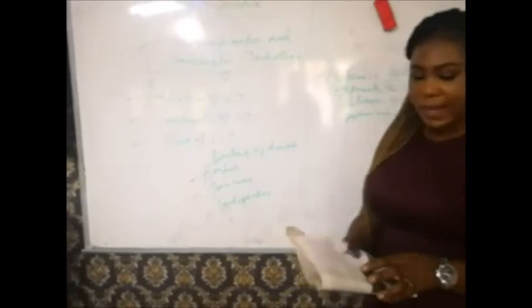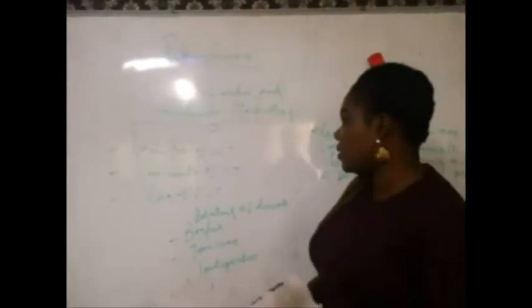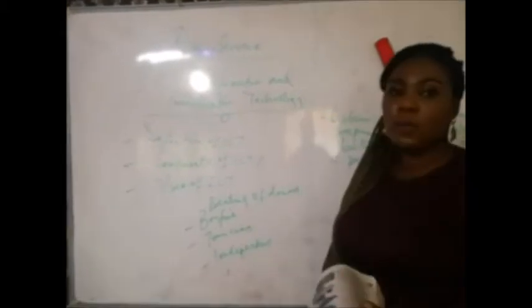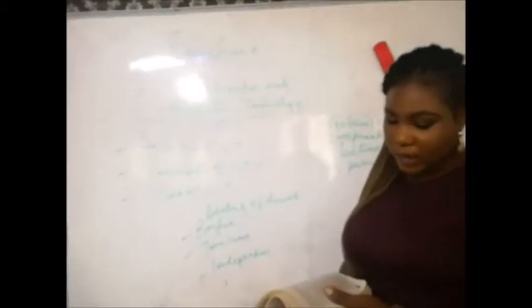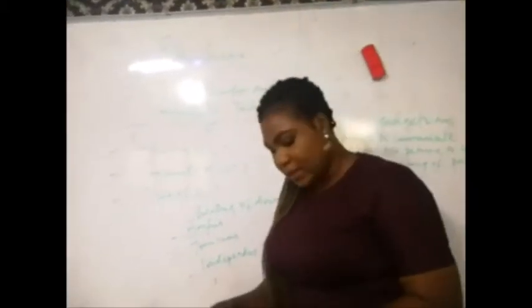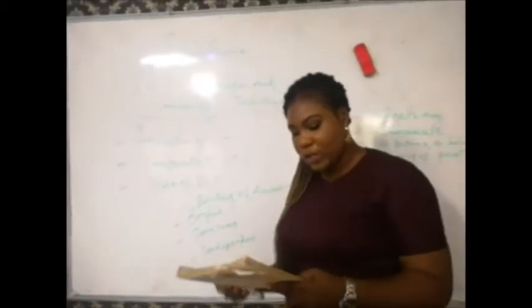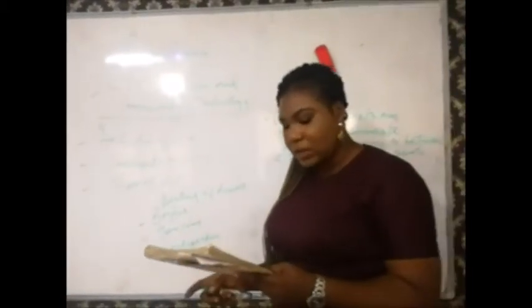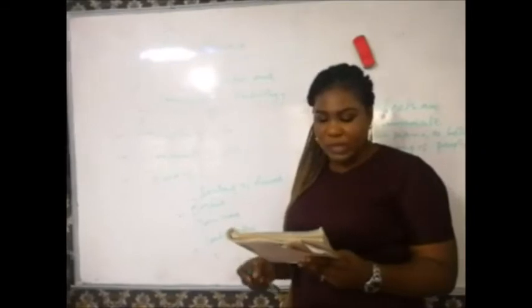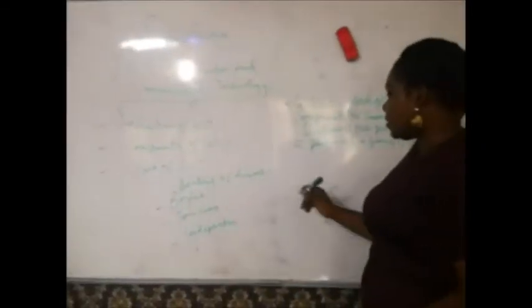Having said that, let's look at the components of ICT, which is the second objective of this topic. Now, there are basically two components of ICT. We have electronic information transmission and reception gadgets. Then we have the information processing technologies. Those are the two components of ICT. The first one is